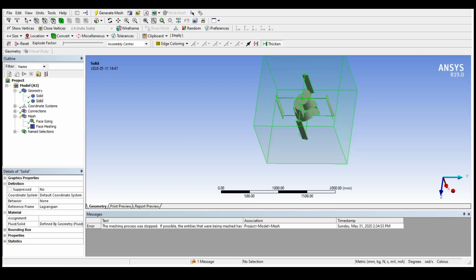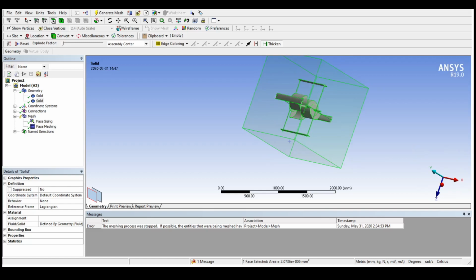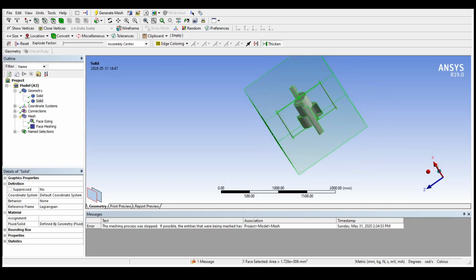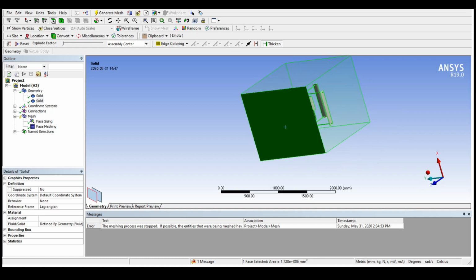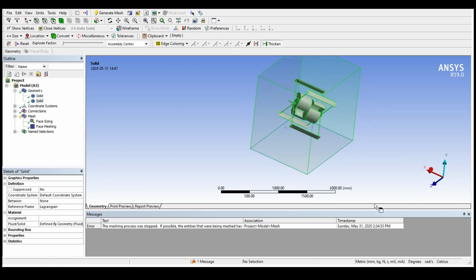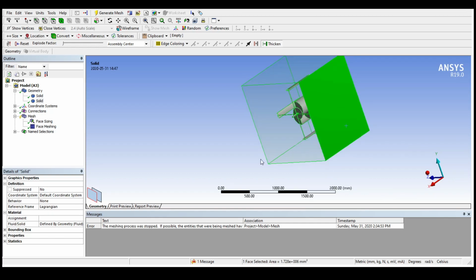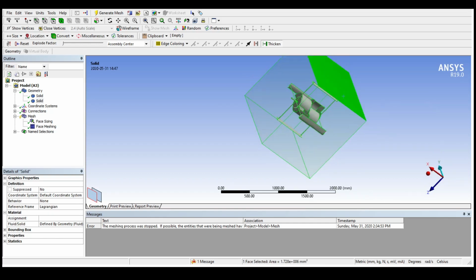This is our inlet and this is our outlet. And I am going to create a name selection. Right click on the face. We need to create the name selection, and this option needs to be given, and I am naming it as inlet. Okay, inlet, that is defined. And in the opposite cross section, I am selecting the face and giving the create name selection option. I am giving it a name of outlet.